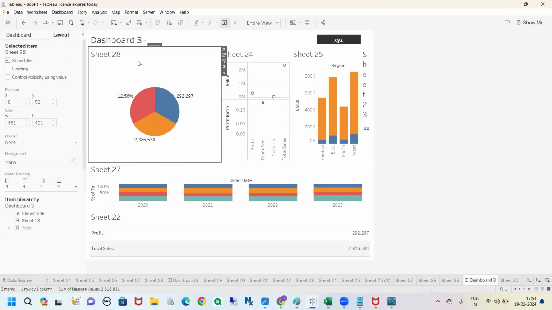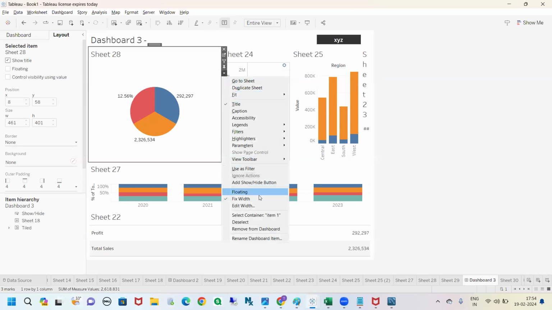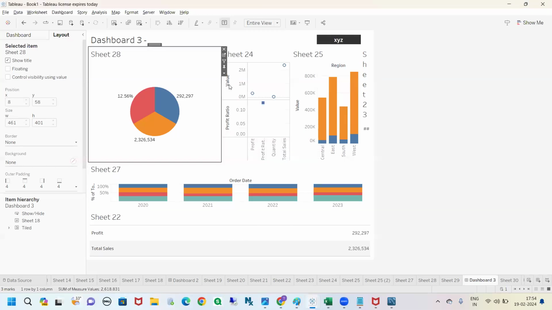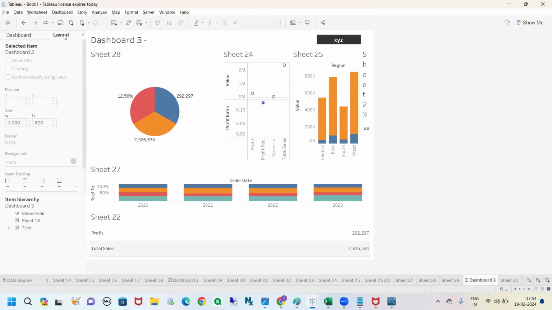If you want to control width and height for tiled objects, just select the tiled object, go to this drop down. Here you can see a width option, edit width option. We already discussed this. So this layout option will work only for floating objects. You can change the width and height of floating objects from this layout option. Now, one more point I want to tell you about floating objects is, just select the floating